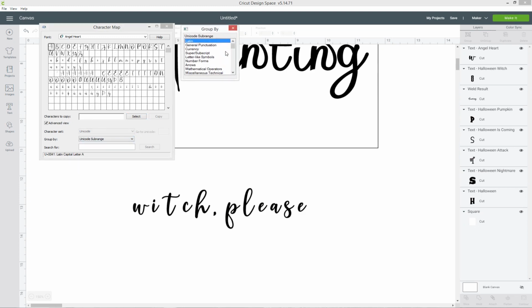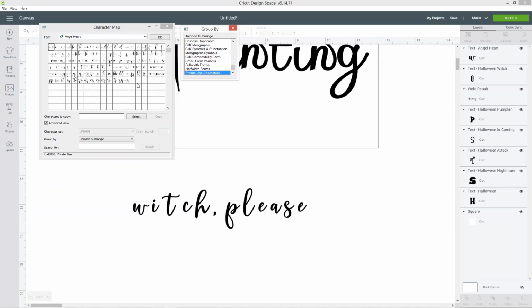And then you get this extra little box pop up, and you want to scroll down until you see one that says private use characters. And that means it's pieces of the font that only exist within this particular font. So for this one, Angel Heart, that means all of these fancy letters.